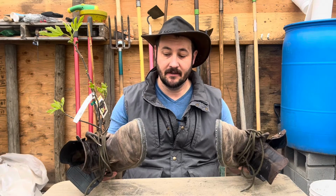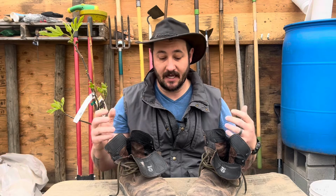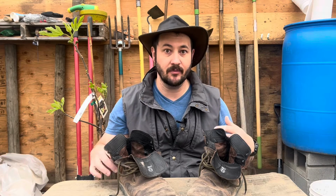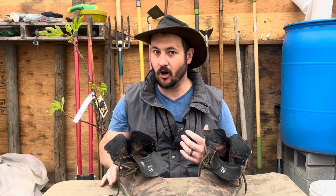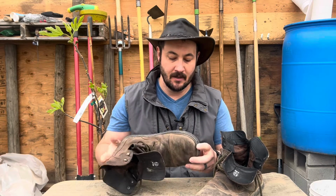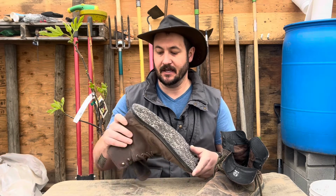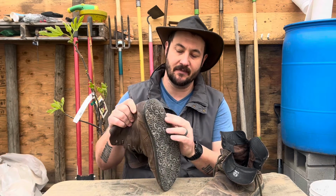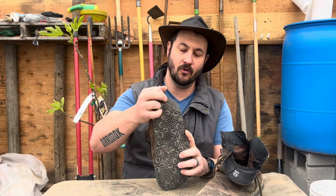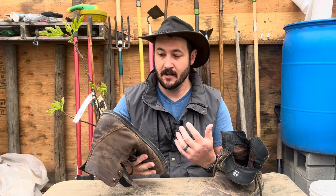But the biggest complaint I have, and I want to be clear, for an average user, these are really comfortable and I think are probably durable, but I'm really hard on things in general, which is why I was excited about them. My experience is a little lackluster because after 6 months of wear, I've got my heel worn down in a spot, and that's partially the way I walk, granted, but